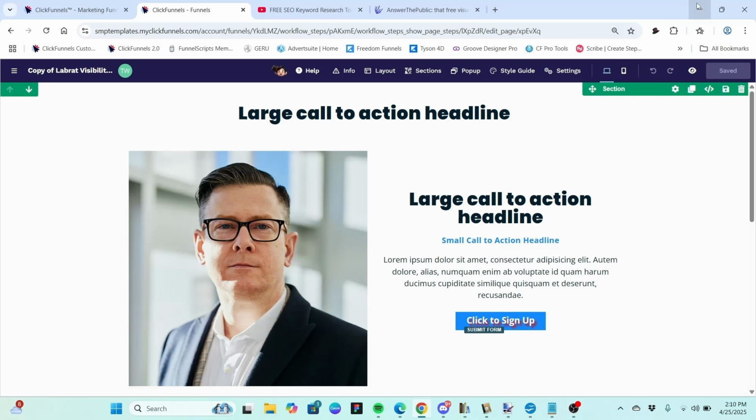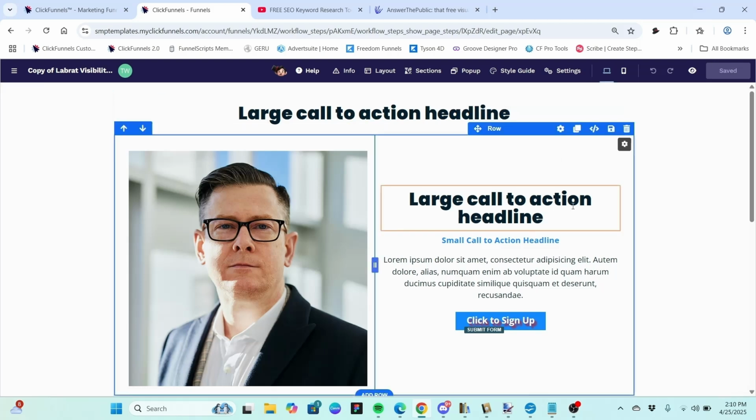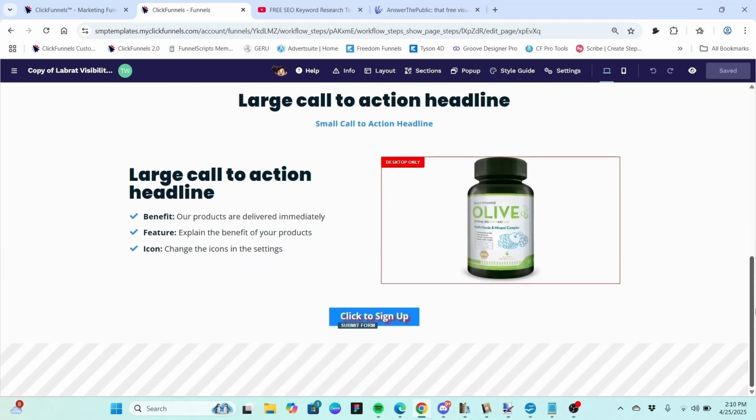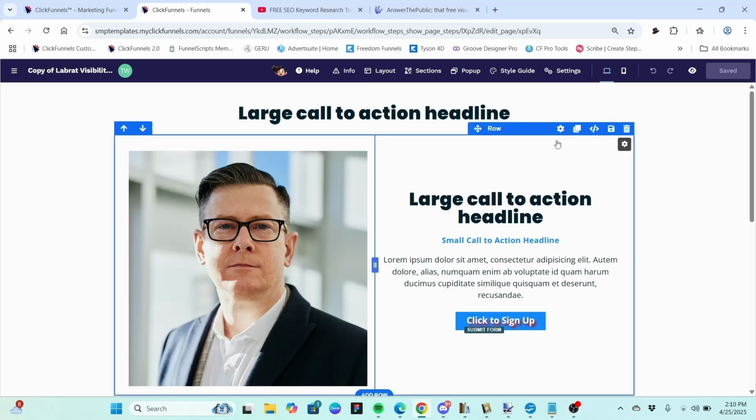We are going to be using the same page that we've been using with the rest of this series. And so we have a headline, 2-column row, 3-column row, 2-column row, and a button. And we have already covered the border, so we're going to cover something that's similar but different this time, which